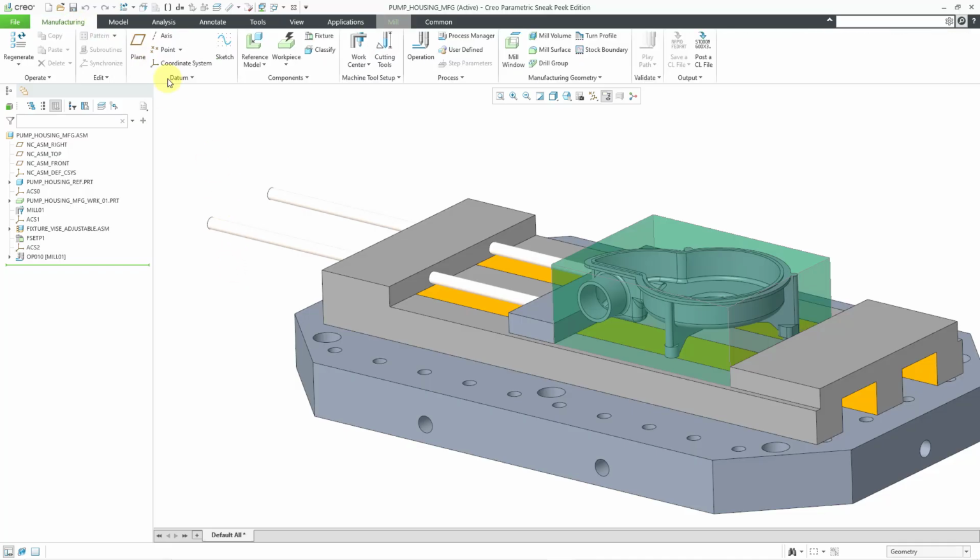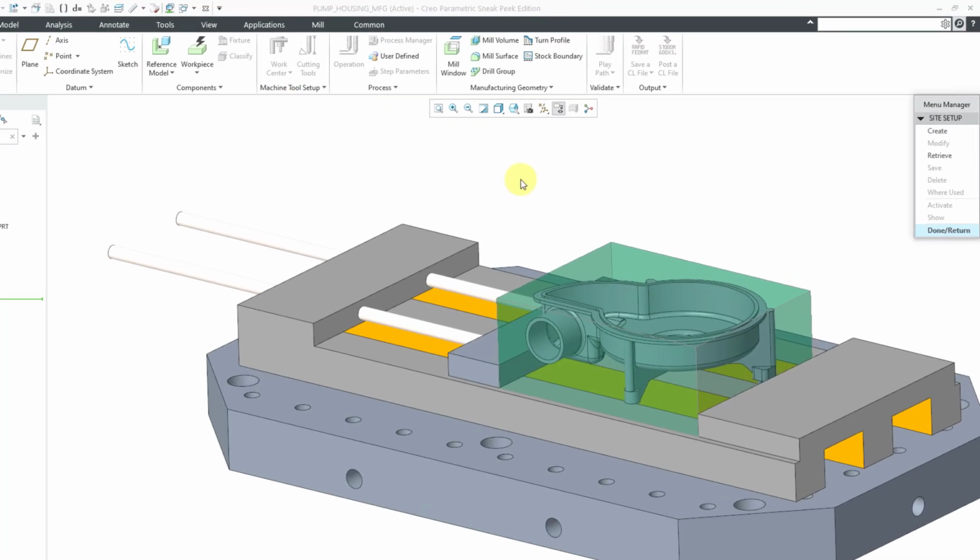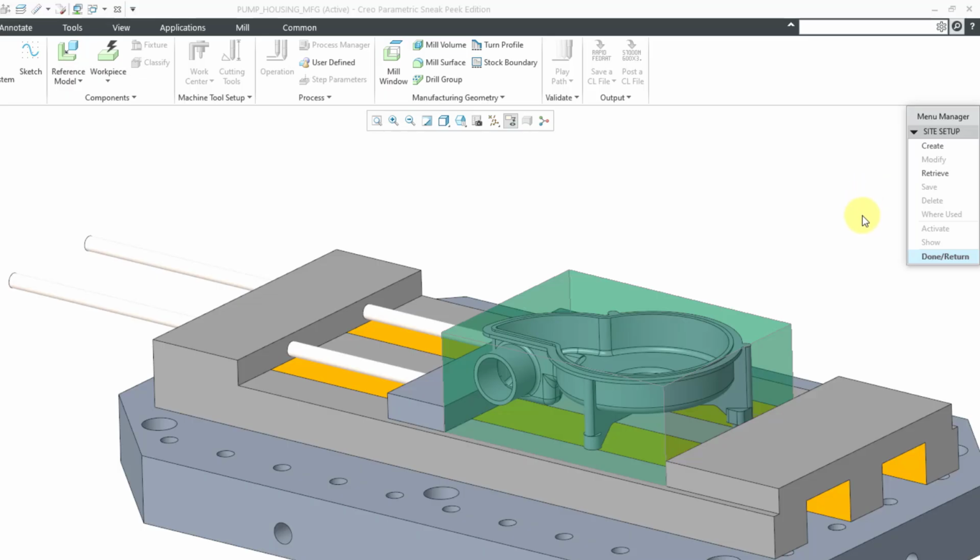Let me go back to the manufacturing tab. The way that you get to your site parameters is by going to the Machine Tool Setup Overflow menu, and here is the Site command. When I click on it, it is going to open up the menu manager, and you'll notice that most of the commands right now are grayed out because I haven't read in any different site parameters. I haven't read in any default values for my parameters,